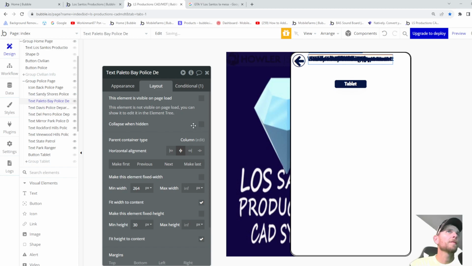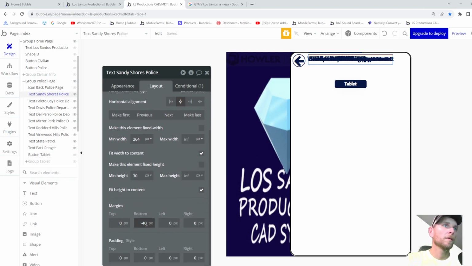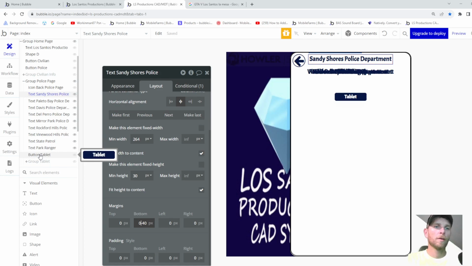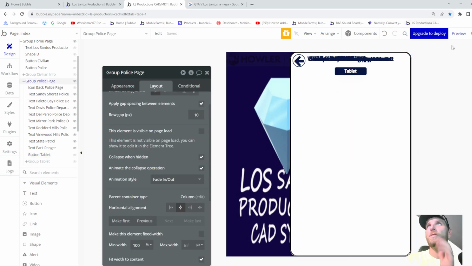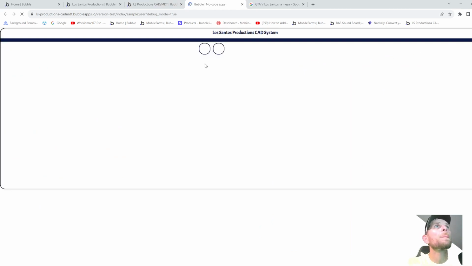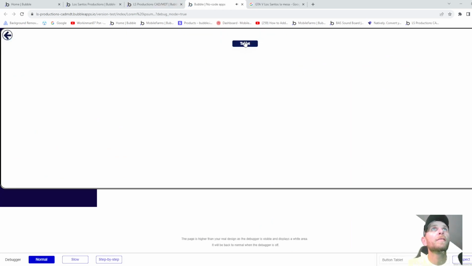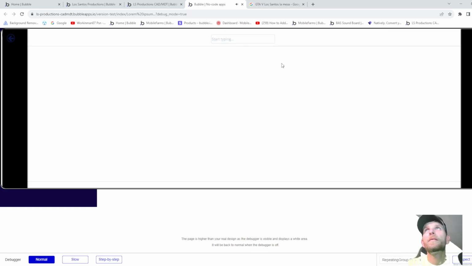Like they'll disappear, they just won't collapse, so it shouldn't change our button. Yeah, see, they're not there. Our button's good. Our image sucks, so